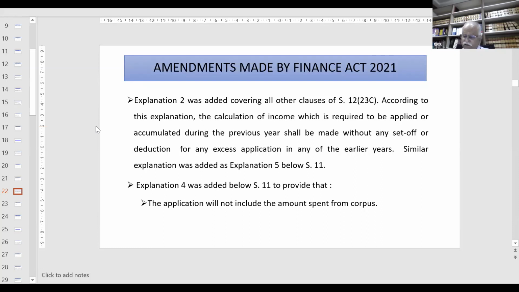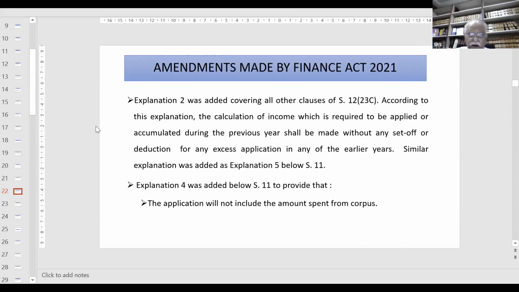Whether this is a right view or not, for the sake of argument, let us assume that this is a right view. So now the law has been amended to say that any excess application will not be allowed, will not be treated as application of the subsequent year. So that is very clear on this. Now,